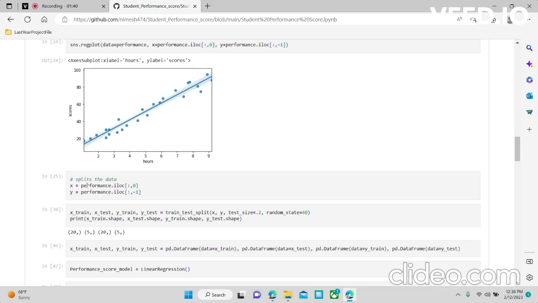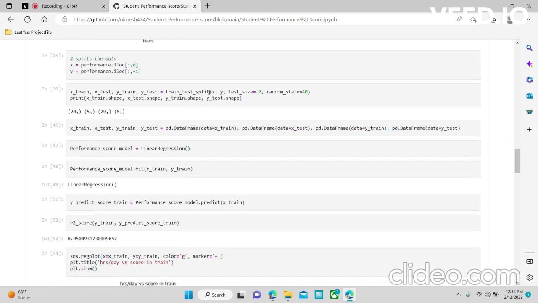After then I have split the data in x and y, and train test split, that is from sklearn dot model selection import train_test_split, with x and y as the x and y values, and test size that we are going to use to predict the y predicted value later on by using the x test. The percentage of the test size is 20%, which means we have split our data in train and test, and train is 80% and test is the remaining 20% of the whole data, and the random state which shuffles the data,